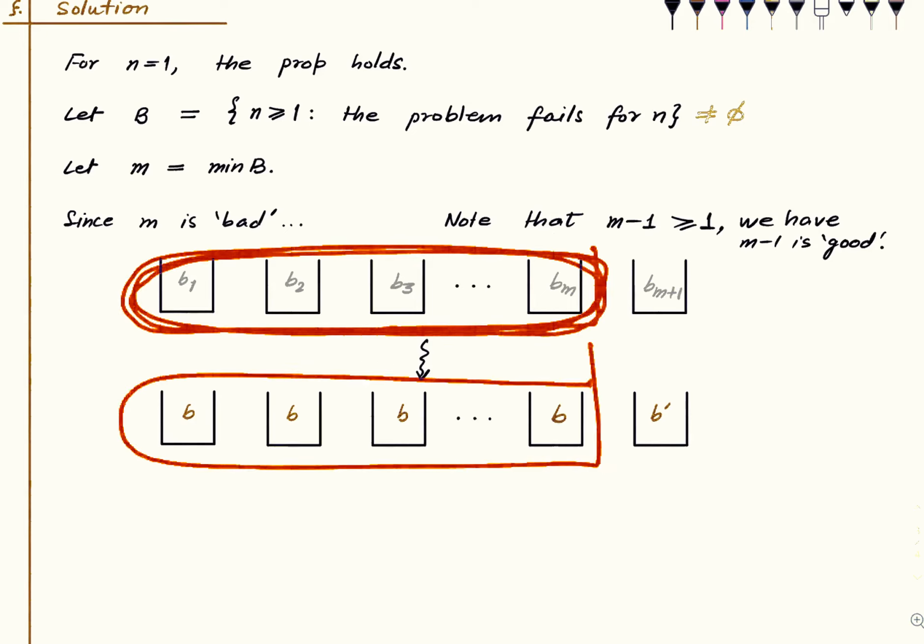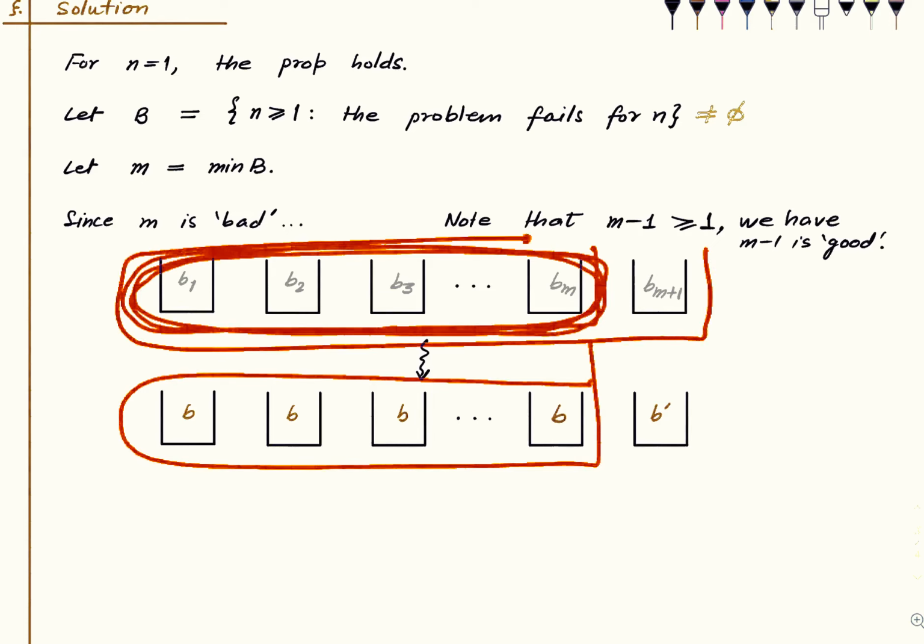But we had to work with this configuration, so we had to choose m bins. We cannot just choose m minus 1 bins and leave it at that. We have to choose m bins, and hence every time we just keep choosing this also. Along with the m minus 1 that we choose, we append this one to that also, so that we are